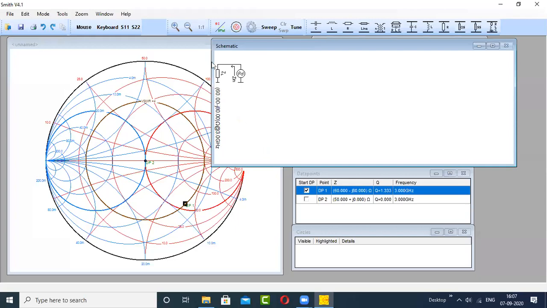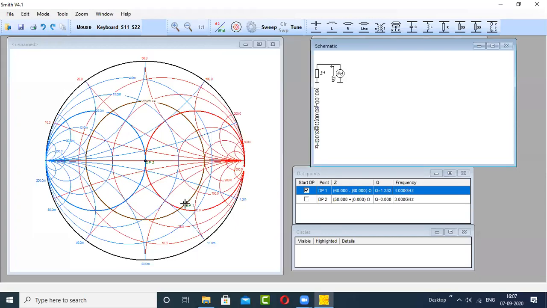So what you have to do on the Smith chart is that this is the load from where you have to move towards the generator. On the left hand side of the hard copy of the Smith chart, it is written as wavelength toward generator and wavelength toward load. So if you're moving in the clockwise direction, it means that you are moving towards the generator. But if you are moving in the anti-clockwise direction, you are moving towards the load. Now your goal is what? You have to start from this load and move towards the generator. So you have to move clockwise on the Smith chart.